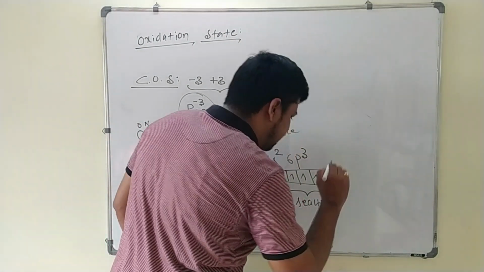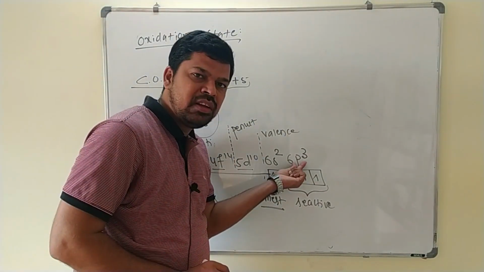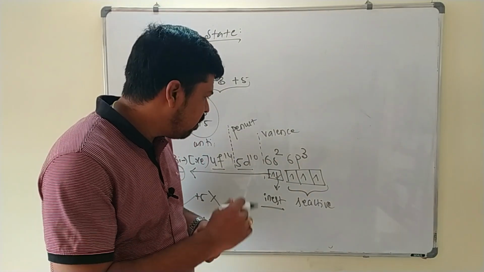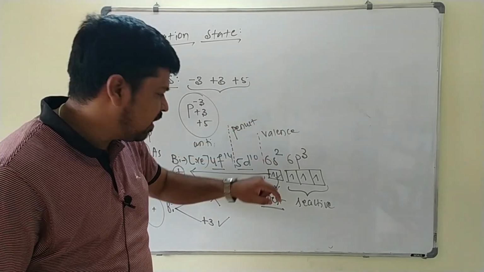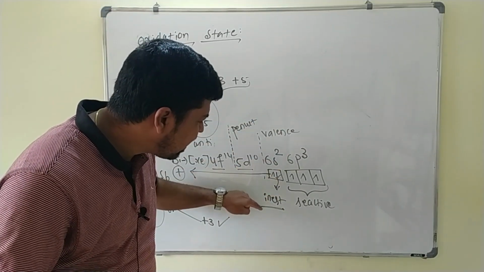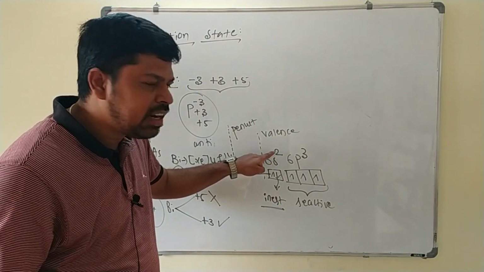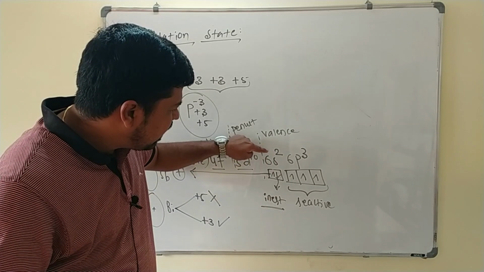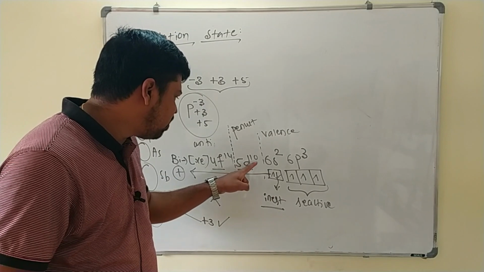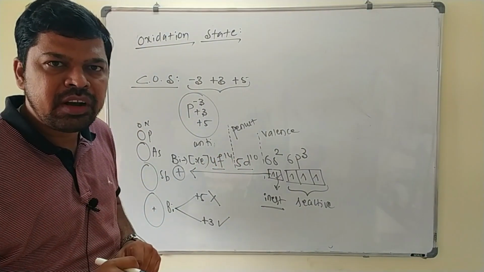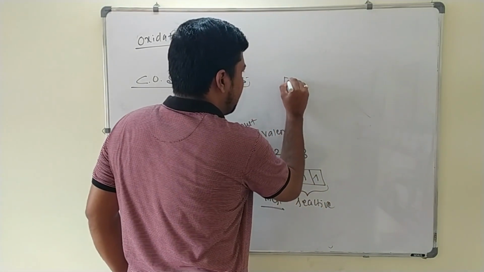Hence these 3 electrons are taken as what? Reactive. Hence bismuth loses only these 3 electrons to show the +3 oxidation state, and it will not show +5 oxidation state. This effect is called as what? Inert pair. See here, this pair of electrons is inert. This is called as what? Inert pair effect. The tendency of ns electrons to remain inert due to the poor shielding effect of d and f orbitals is called as what? Inert pair effect.